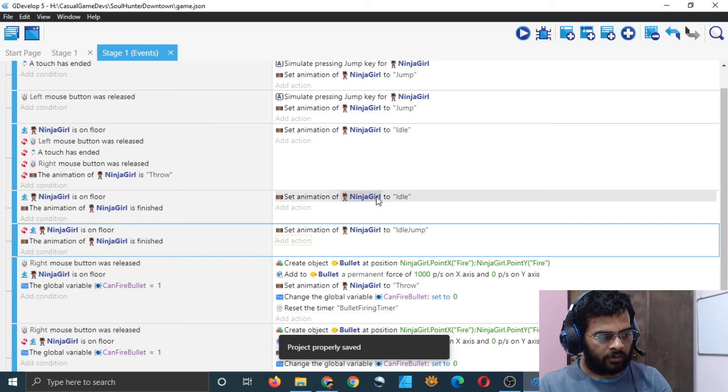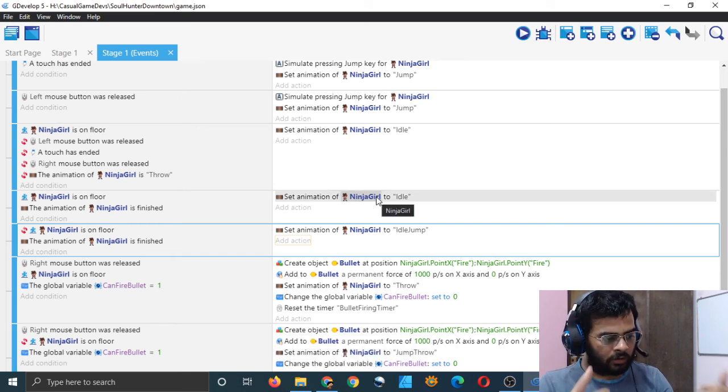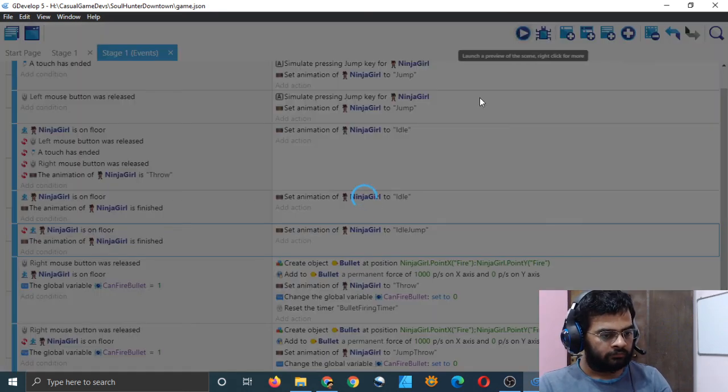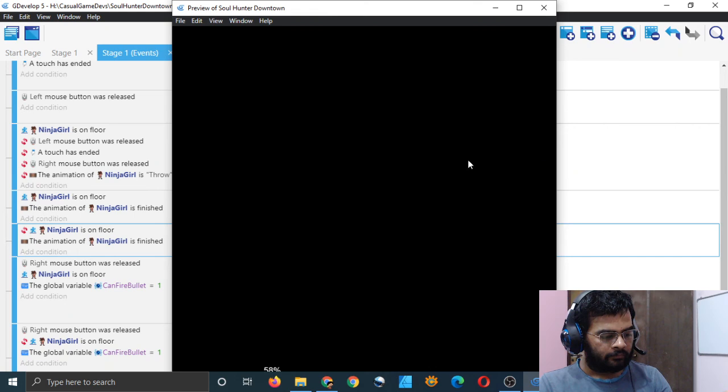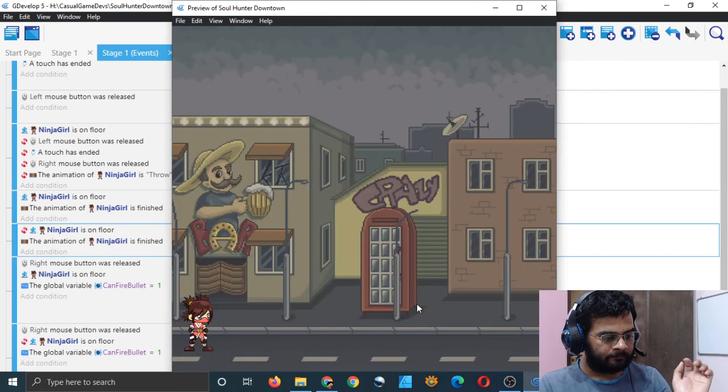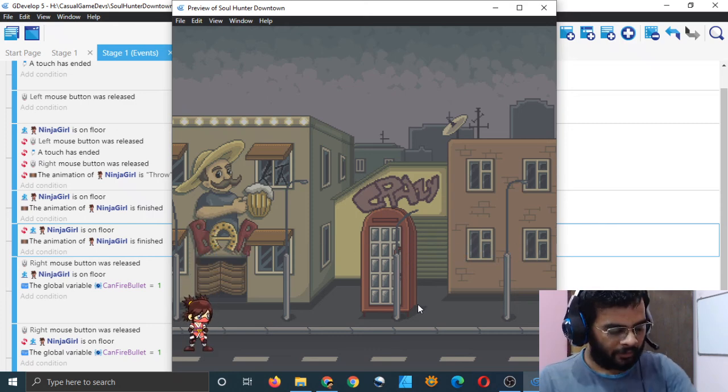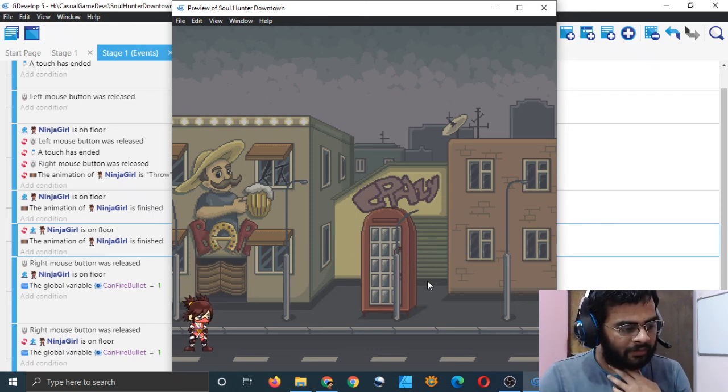Now, if the Ninja Girl is not on floor, and the animation has been finished, it will set the animation to idle jump. It's working. You can't see it, but it's working.